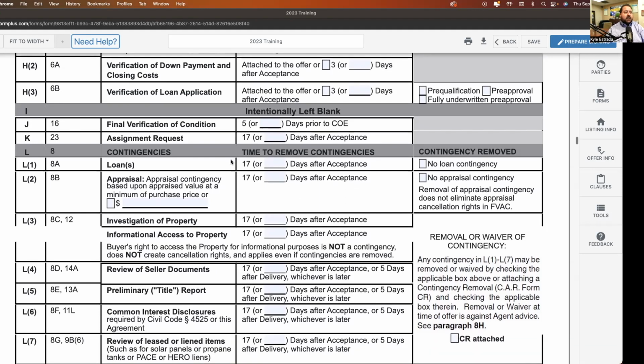Next up, the loan contingency. Now we're into 3L with the contingencies. 3L1 is loan, 17 days by default. Look, if I'm going to write an offer, I'm generally not going to write one that's less than a 30-day escrow. And to be honest with you, I'm probably going to do 45, depending on the conversations I have with the seller. But the majority of the sales we're doing are contingent anyway, right? The majority of offers we write on a listing are from sellers contingent on finding a replacement property. And if they're going to be contingent, I know we can write a 30-day escrow and escrows get extended and all that stuff.